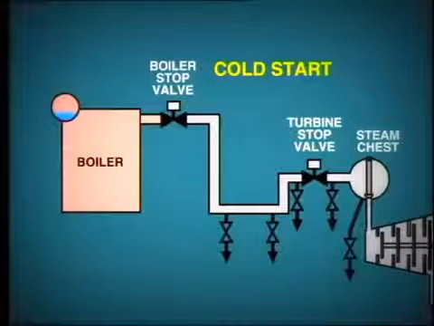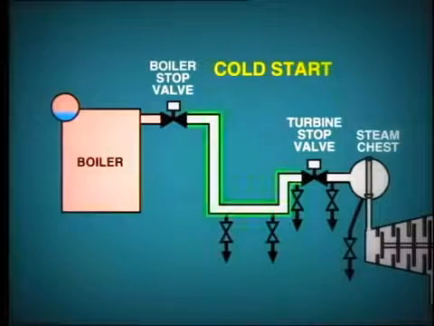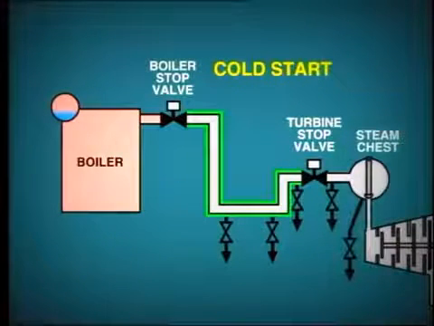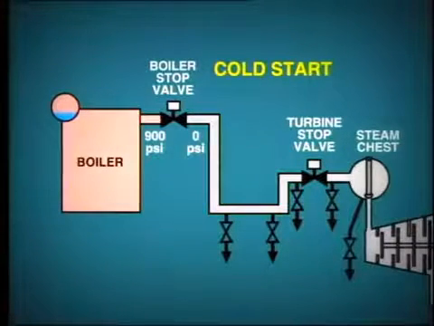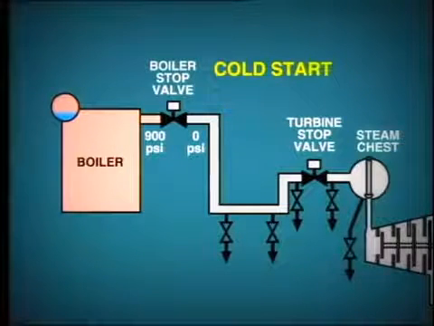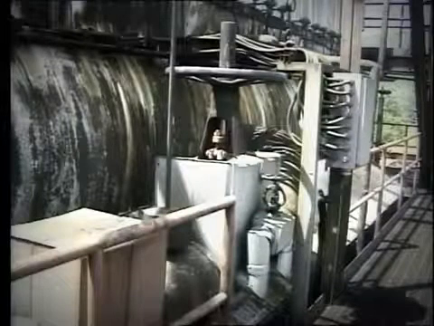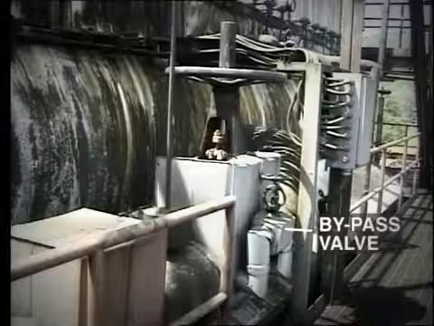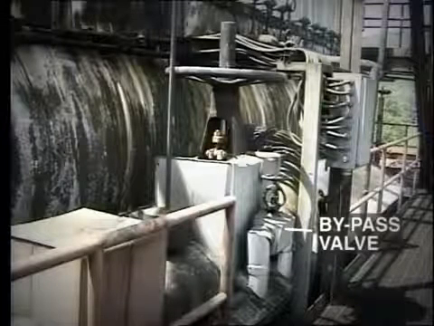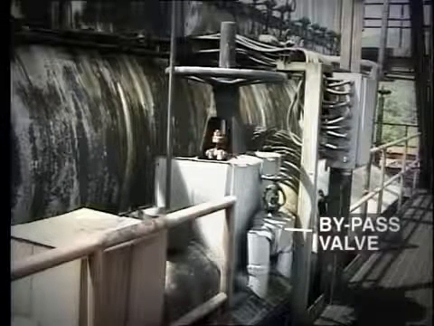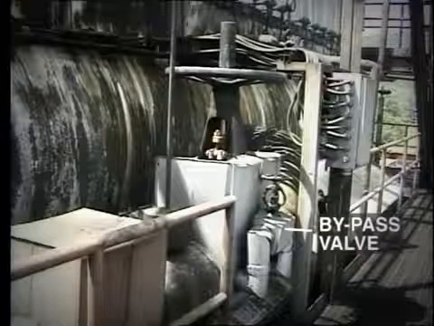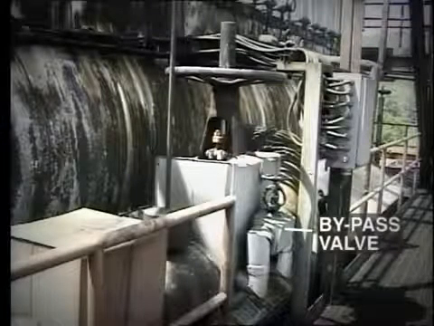During a cold start of this unit, we would need to charge the main steam line from the boiler stop valve down to the turbine stop valve. However, with steam pressure on one side of the valve at, say, 900 psi and 0 on the other, we would find it quite impossible to open this large valve. To overcome this problem, 1 or 2 small bypass valves are fitted, say 1 inch in diameter. Due to the much smaller face of this valve, it can be opened to allow steam to enter the main